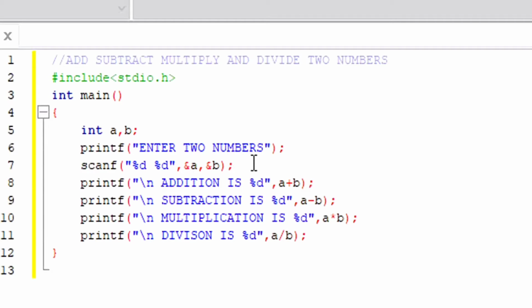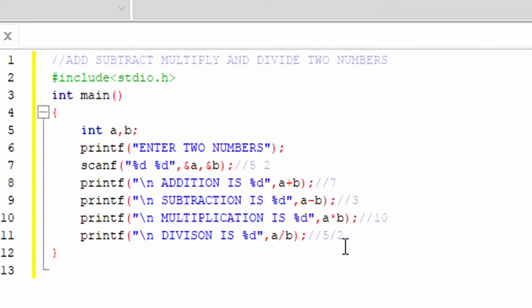For example, if we take numbers such as 5 and 2, if you add these numbers we should be getting 5 plus 2, that is 7. Let's comment it because it will be something wrong. So 5 minus 2, so 3. 5 into 2, it will be 10. And if the division is there, 5 divided by 2 will happen.